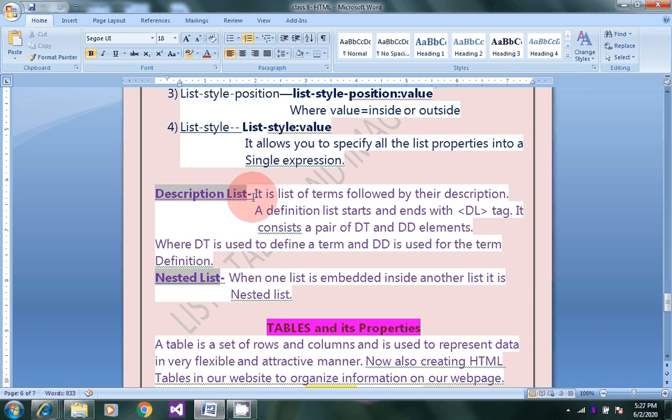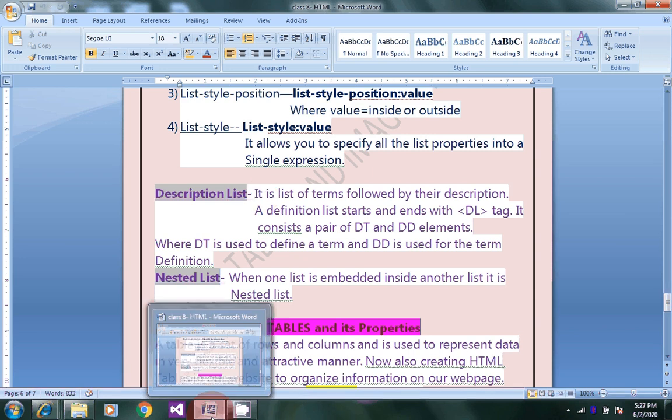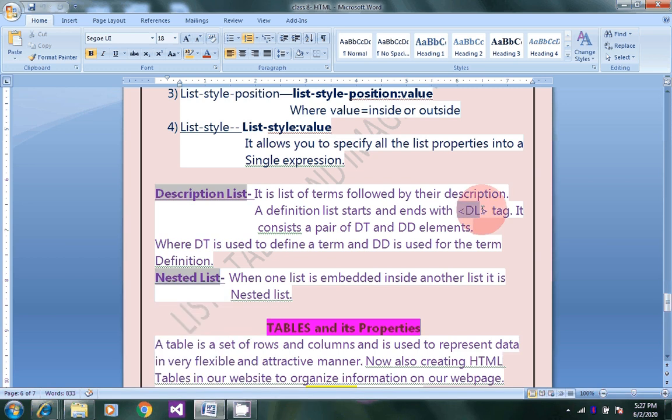In the description list, a definition list starts and ends with a DL tag. It consists of pairs of DT and DD elements. DT is used to define a term and DD is used as the definition of that term.